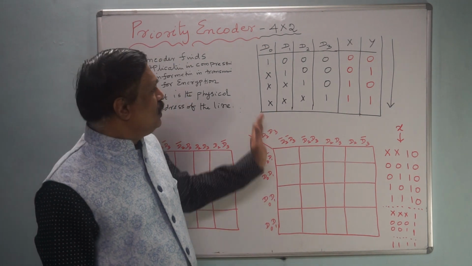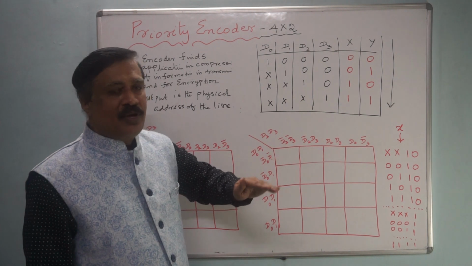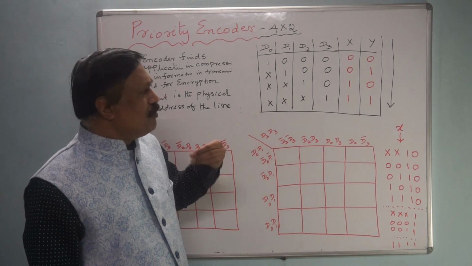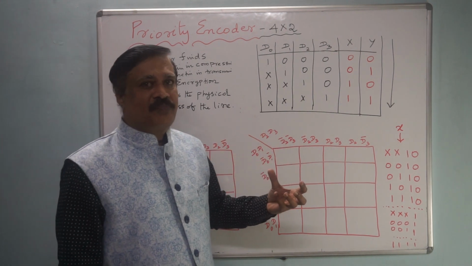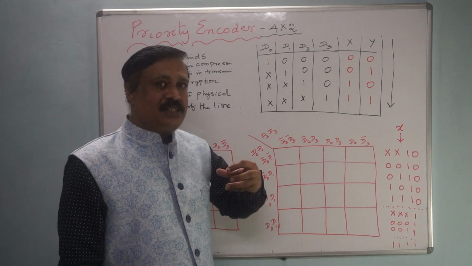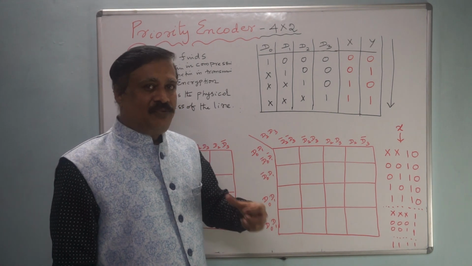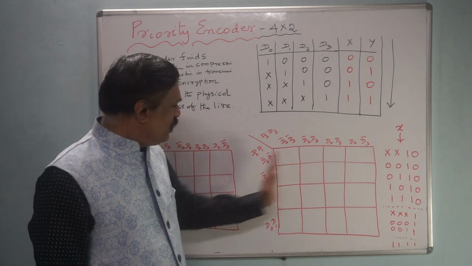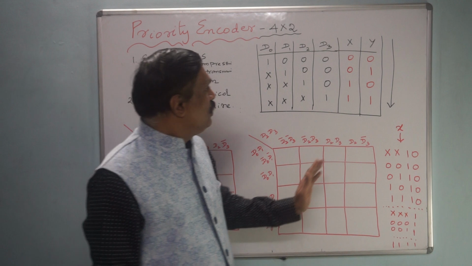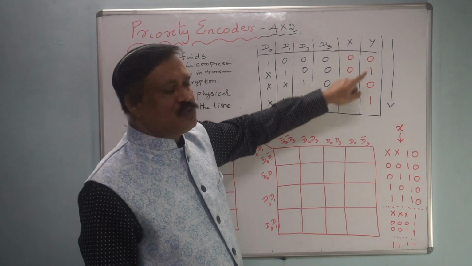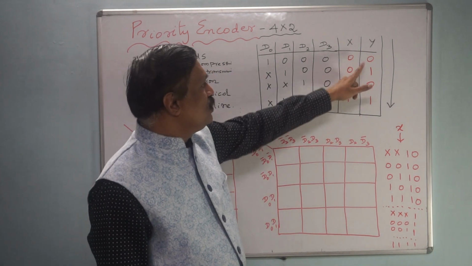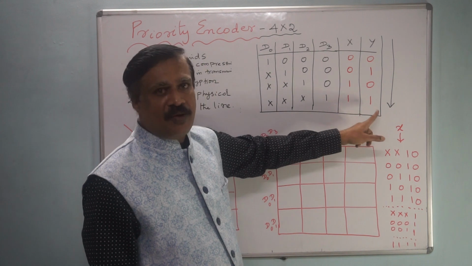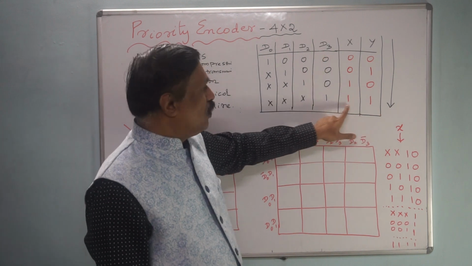Now let us go for the equation. Here the K-map is also a little bit different, because we are designing a special circuit. Therefore, the table is also different. I'll explain how we prepare the K-map. Say the output y is 1 for two values. This is 0, this is 1, this is 2, this is 3. For D3, it is 1 1.